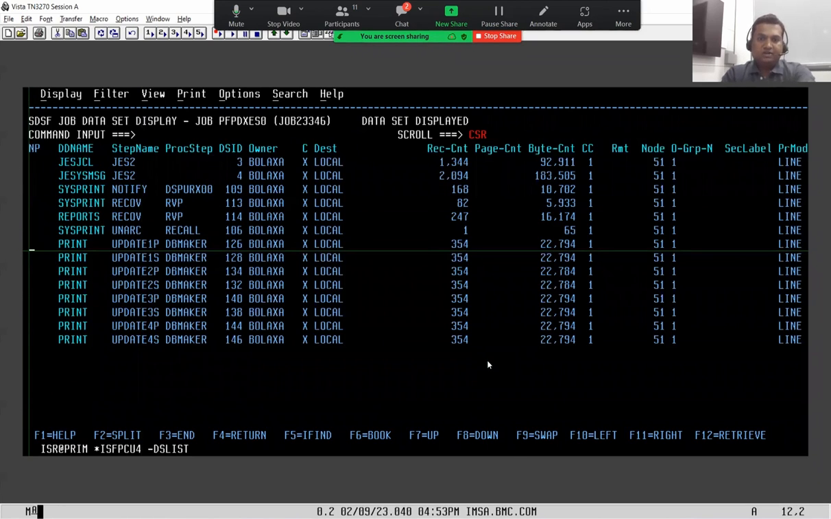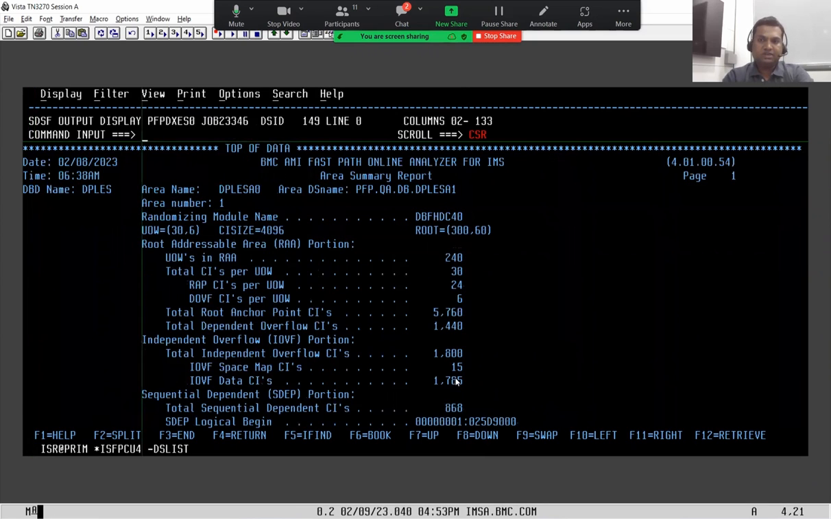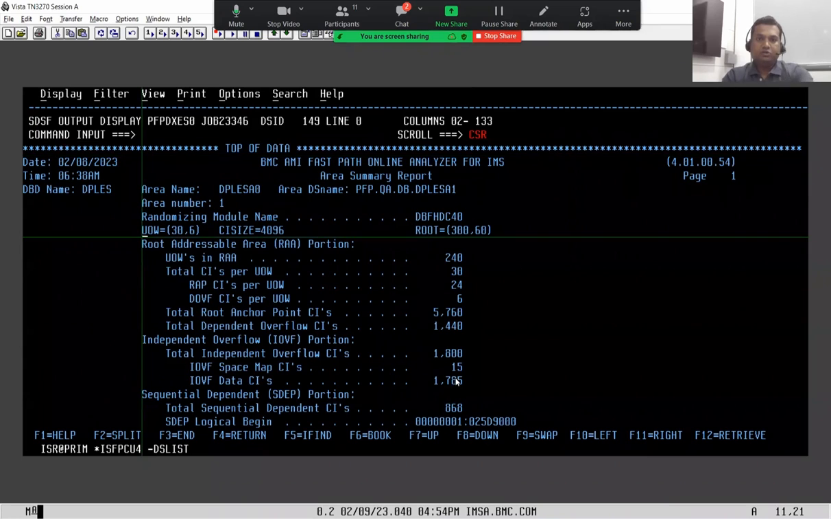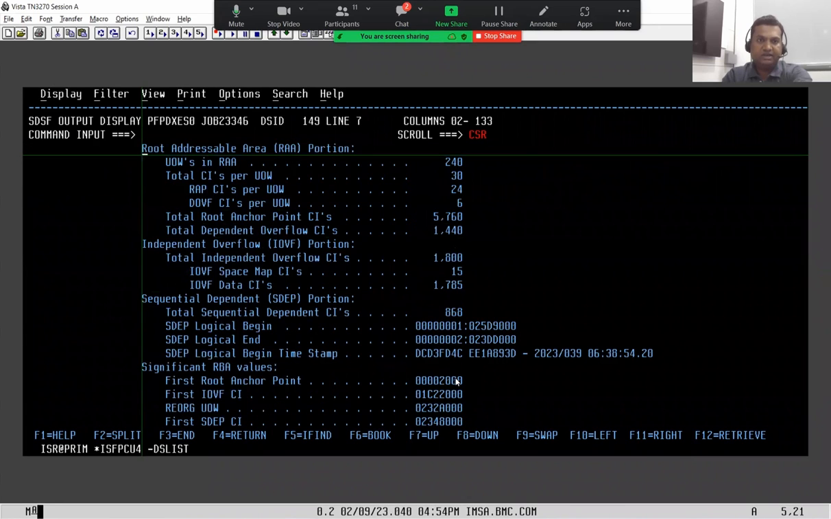So post that, we have run the analyze again at the end, just to see how your SDEP segments are looking after doing this kind of deletes and inserts. If you go and look at this analyze report, which is done after all the update activities and the delete activities, you can see that